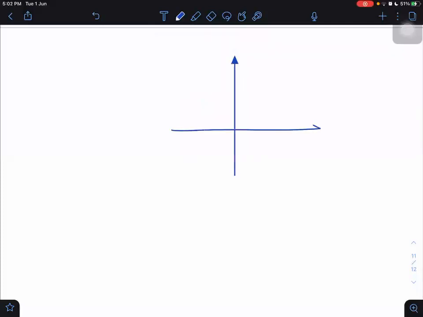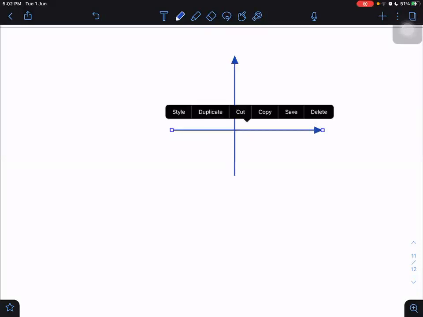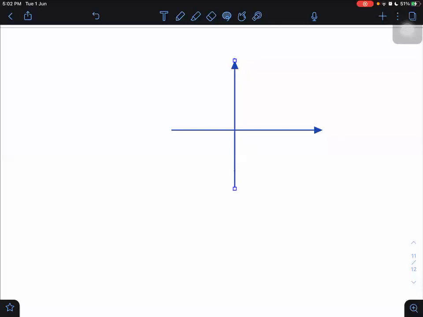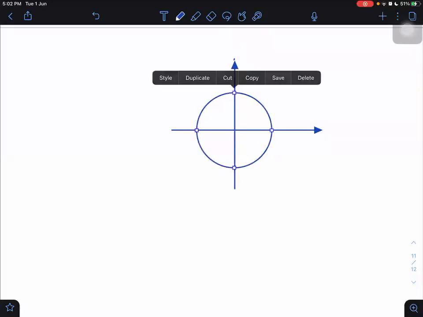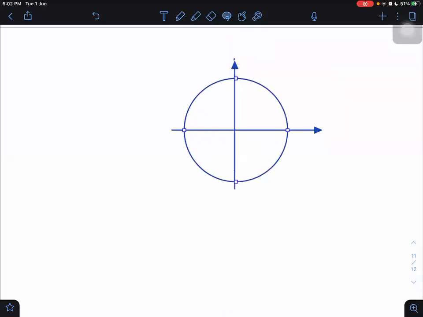I'm taking axes properly, one axis and the second one. And then let me take one more circle again. And this time I am doing the same derivation, but in a completely different manner. This time what I'm doing, I am representing position vector r and this theta. What is r vector?